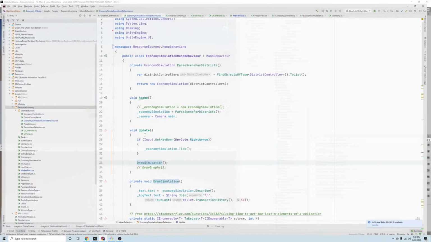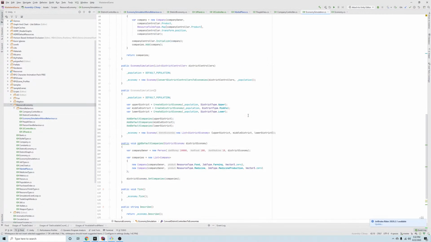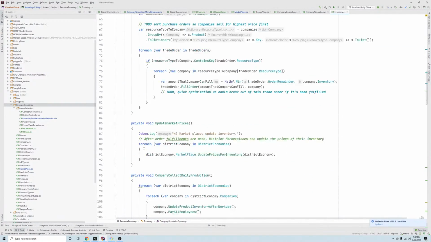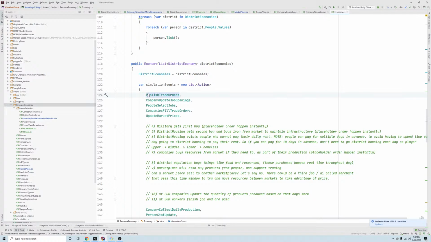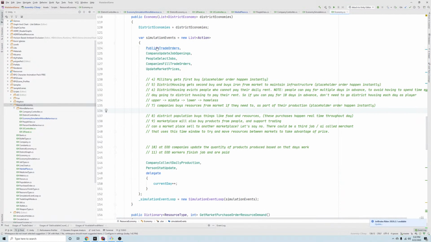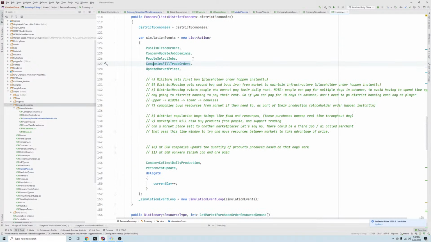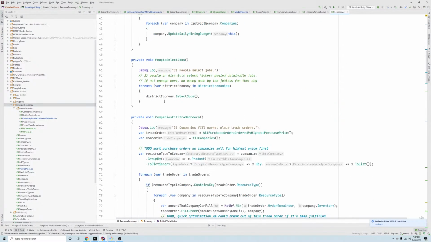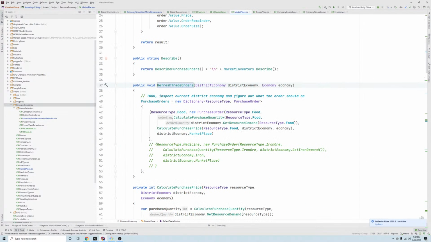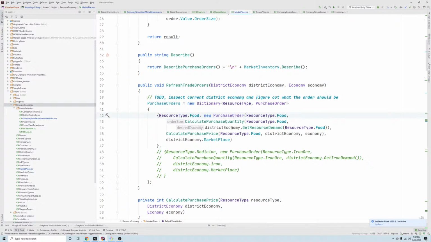Since I last streamed, I did a tiny bit of work on the economy simulation. I mostly cleaned up and fixed some bugs in the various steps in the simulation events. So things like publishing trade orders. I basically just made separate functions for all of these and wrote some of the code to properly do this. So publishing trade orders, filling trade orders, kind of looks confusing because it's pretty messy how I wrote it, but